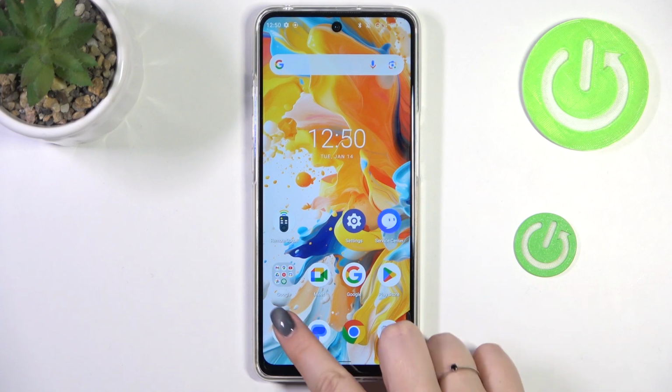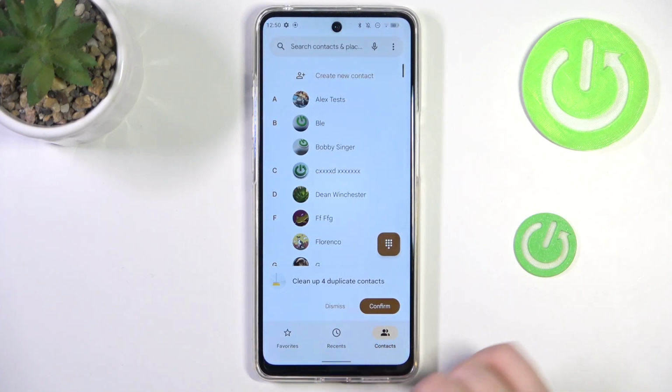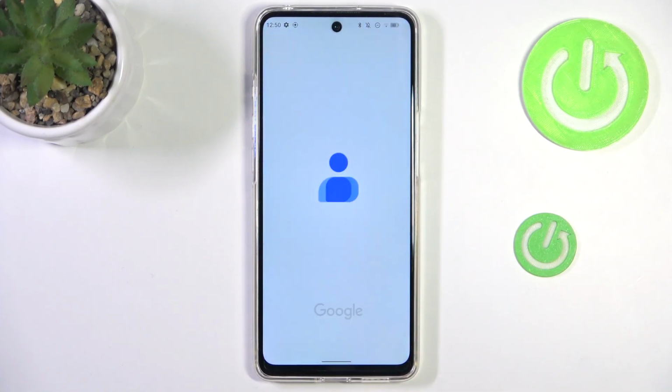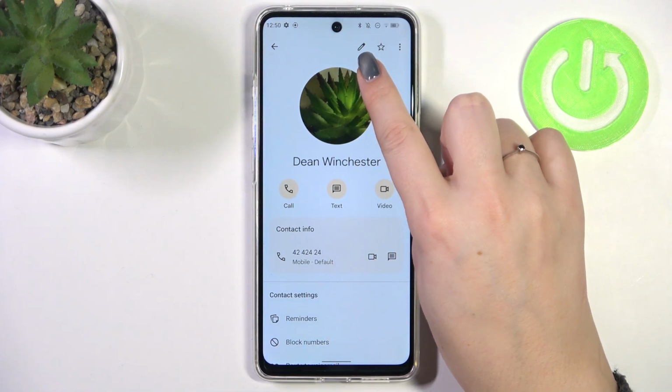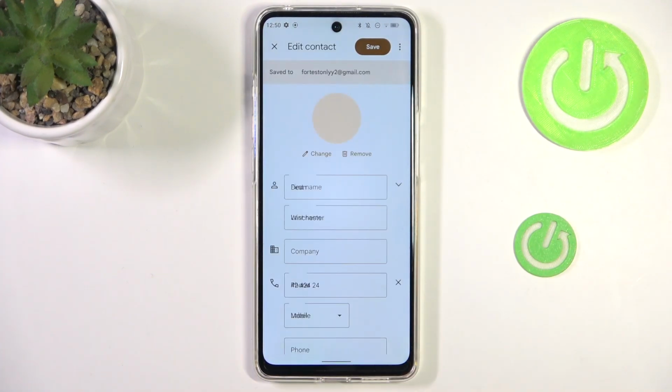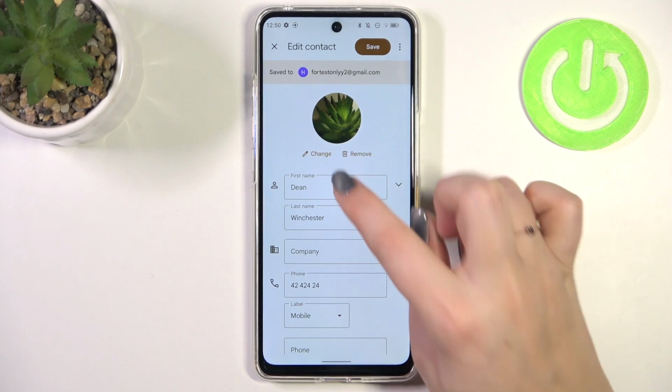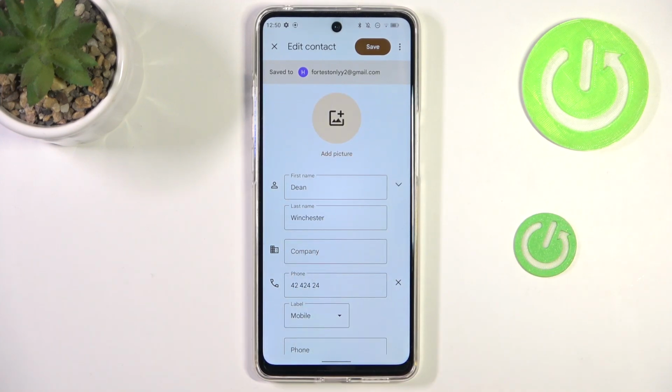So let's start with opening your contact list, for example with the usage of the dialer. Find the contact you'd like to edit and tap on it, and then tap on this edit icon, so pencil icon in the right upper corner. Let me quickly remove the photo, so this is what you will see after entering the contact without any kind